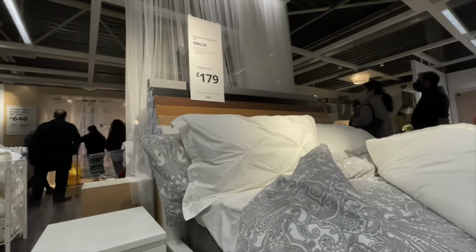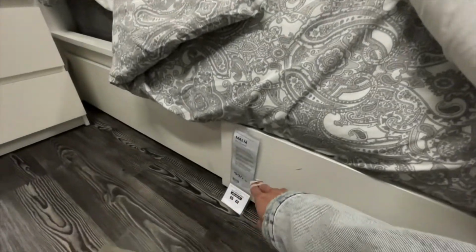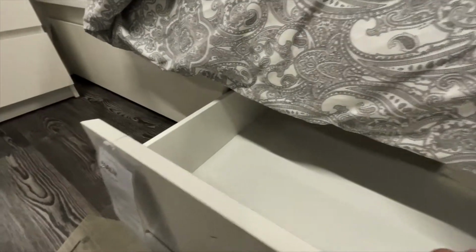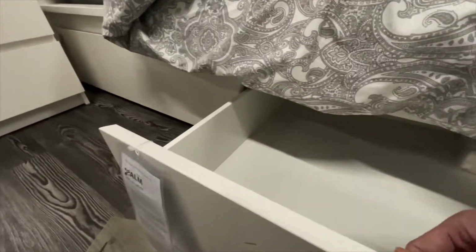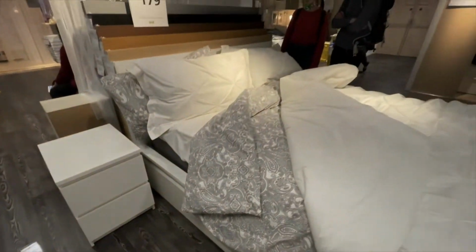It's another version of mom. It's a standard king white, and to add the drawers, like 50 pounds each. Oh no, 50 pounds for 2 drawers, so you can store some stuff in here, pero parang mas limited. Like, I don't think you can fit a luggage in here, whereas dun sa isa mas effective siya na storage